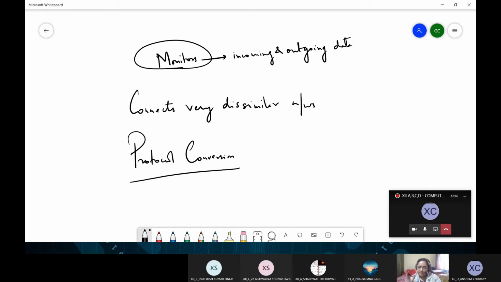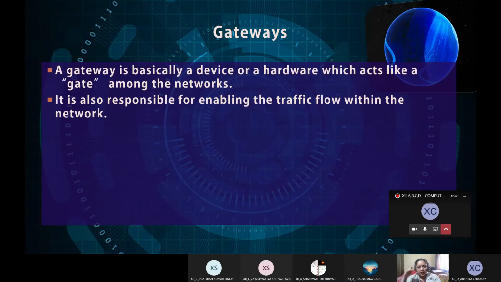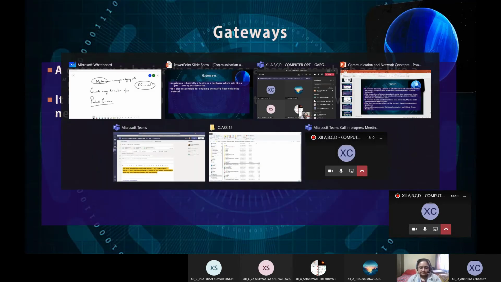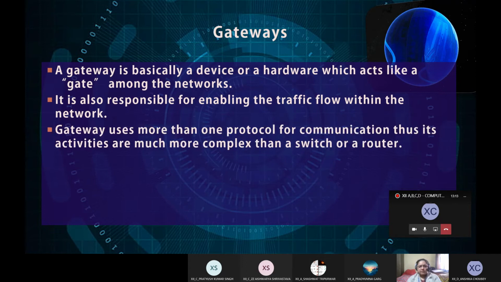But gateways perform protocol conversion because they work at the highest level of the OSI model, which we will be studying in the next chapter, which is actually a model, a standard which has been created for the working of internet. Okay, so this OSI model consists of several layers, and gateways are devices which work at the topmost layer of this model. Okay. So gateway uses more than one protocol for communication, thus its activities are much more complex than a switch